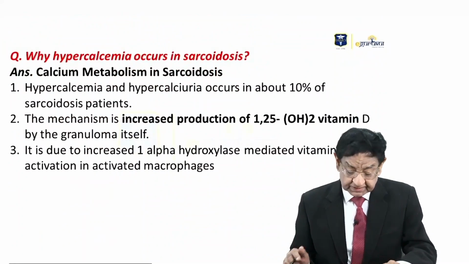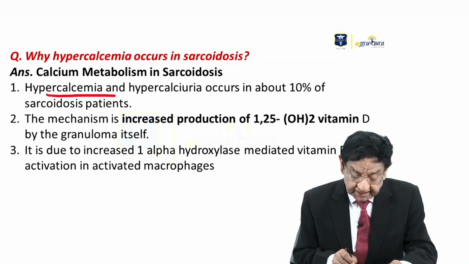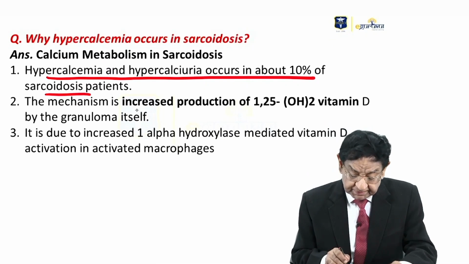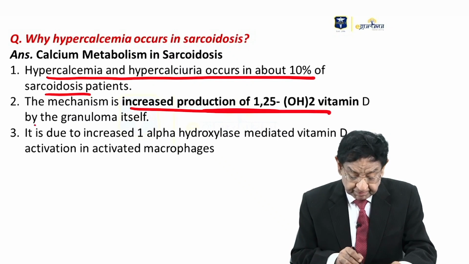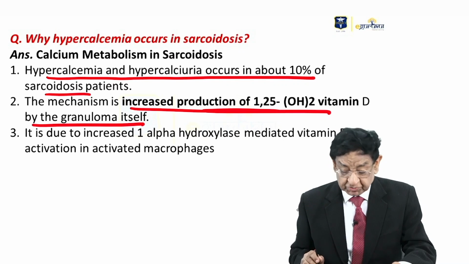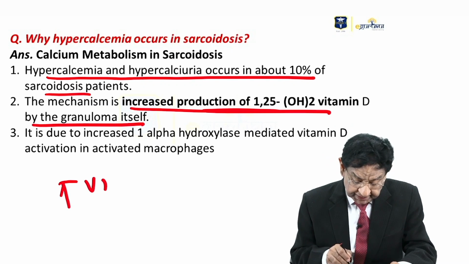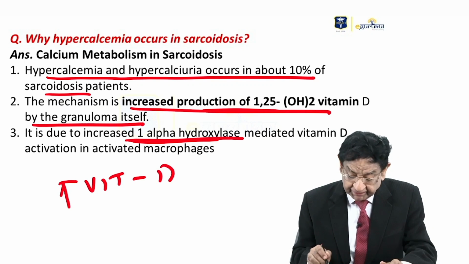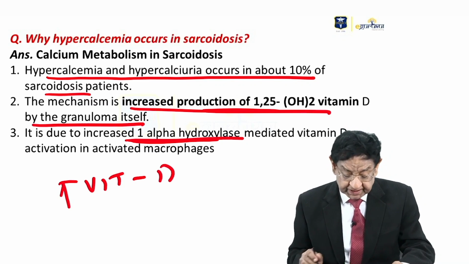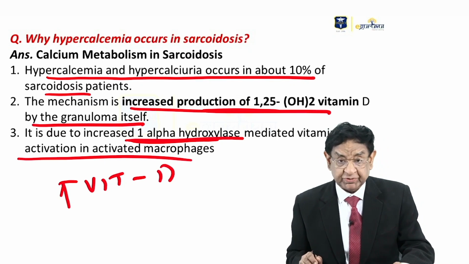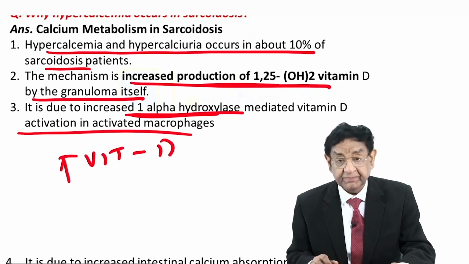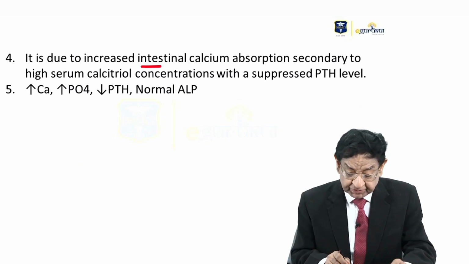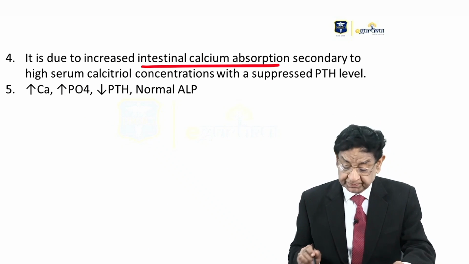The answer is hypercalcemia and hypercalciuria occur in around 10% of cases of sarcoidosis. The mechanism is increased production of vitamin D by the granuloma itself. So it's more of an increased vitamin D. And why does this happen? Because of increased alpha-hydroxylase activity by the macrophages, and that leads to increased vitamin D synthesis. Now the vitamin D level is very high, that leads to increased intestinal absorption of calcium,